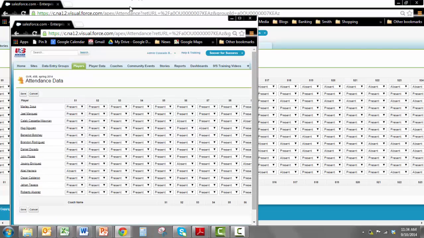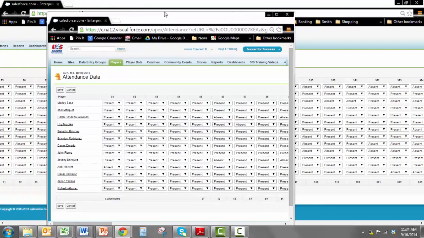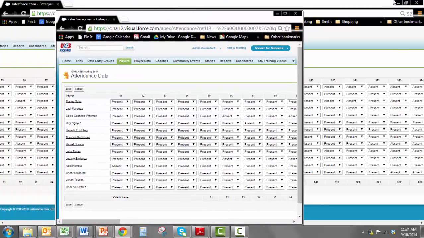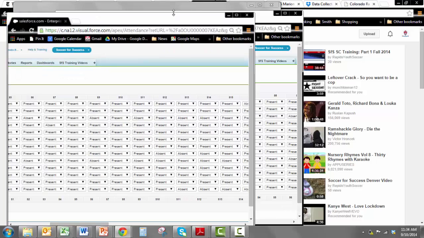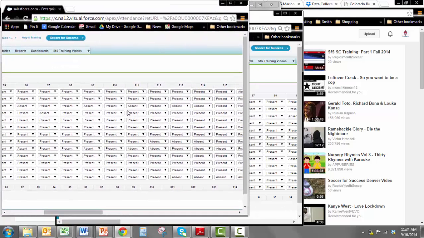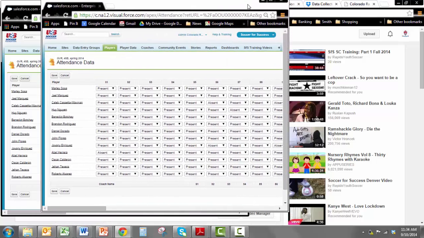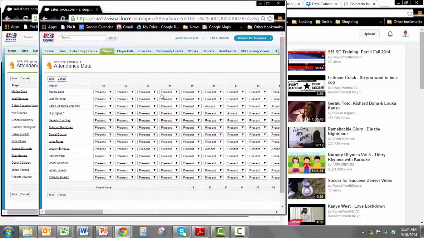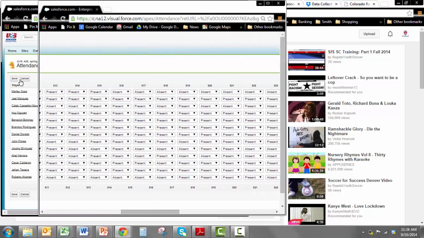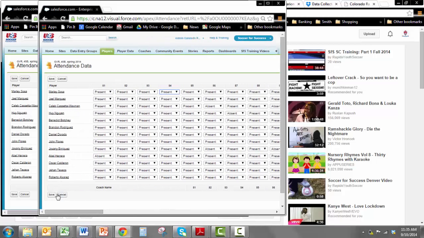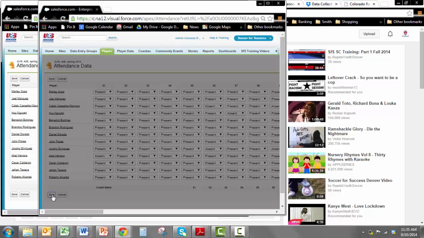I'll shrink these windows, and I'll line them up together. And then when I scroll over on this one, I can still see which kid I'm entering data for over here. Once you've entered all the data that you're going to be entering, come down here, click save, and it will take you back